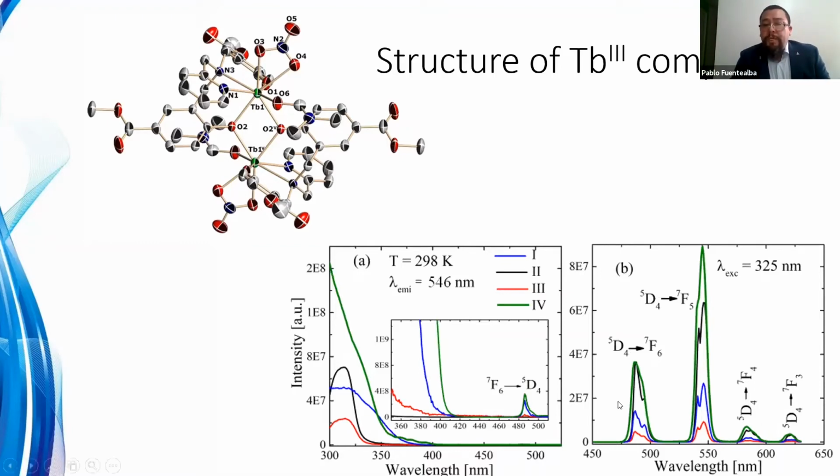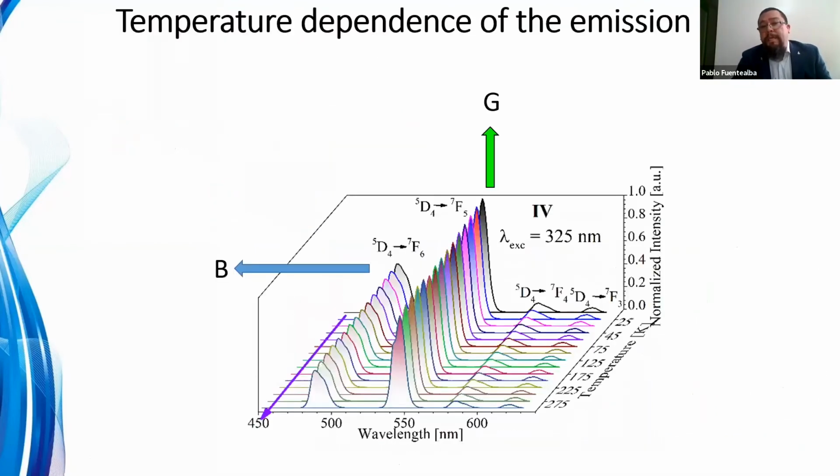And for sure, in the excitation spectra, we observe the absorption bands due to the ligand. That will show again that we are producing the emission of the 4f cation through the antenna effect. So we did again the temperature dependence measurement of these complexes, and now in the terbium 3 cation, the bands